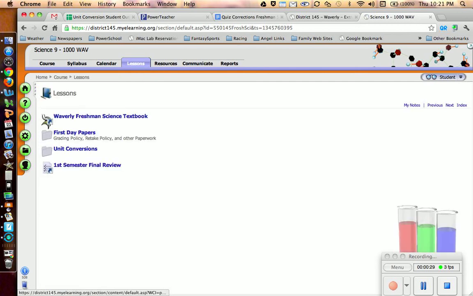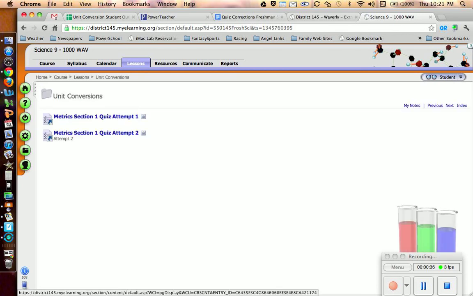tab here, there should be a couple folders showing up. First day papers, we were there the other day, textbook. You'll click on unit conversions and there should be a couple quizzes showing up. So we are in the metrics, which is section 1, and you're all going to take quiz attempt 1. Your sub will come around and put the password in for you. All of you should be able to take it today because I checked everything yesterday, so that will not be